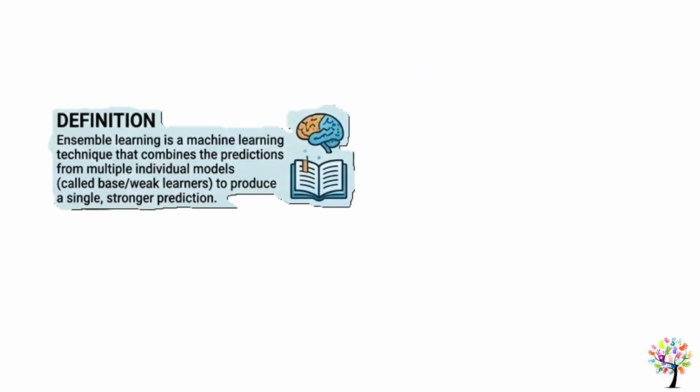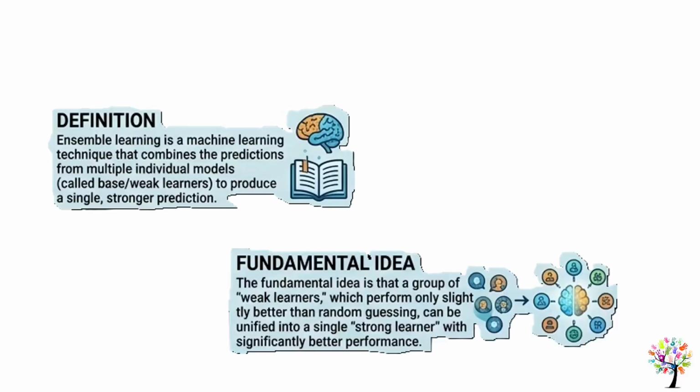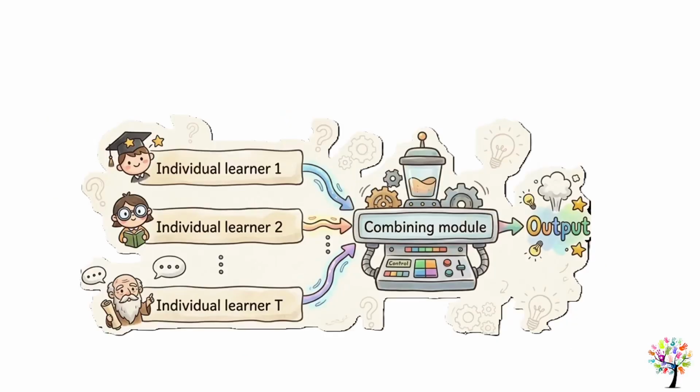Ensemble Learning is a machine learning technique that combines the predictions from multiple individual models. They are called base or weak learners, and they're used to produce a single stronger prediction. The idea is that a group of these weak learners, which perform only slightly better than random guessing, can be unified into a single stronger learner with significantly better performance. The process generally involves training several individual learners and then using a combining module to aggregate their outputs into one